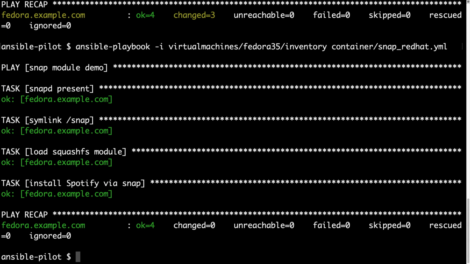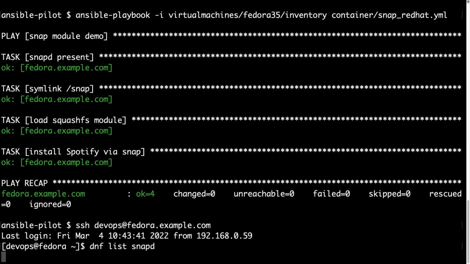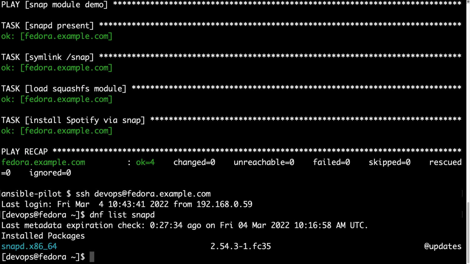is Spotify successfully installed? The only way to check is to connect via SSH to the target machine. So let me verify manually. SSH, DevOps is my username, at fedora.example.com. This is my target machine. This time, if I execute DNF list of snapd, I'm receiving the list of installed packages. Yes, so Ansible